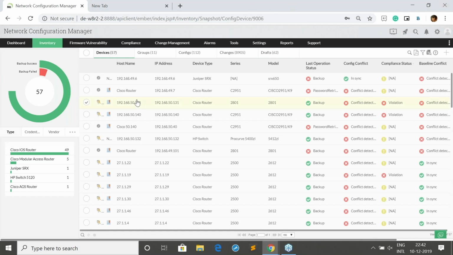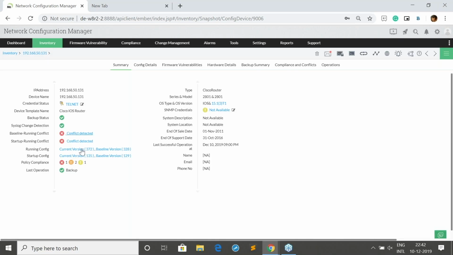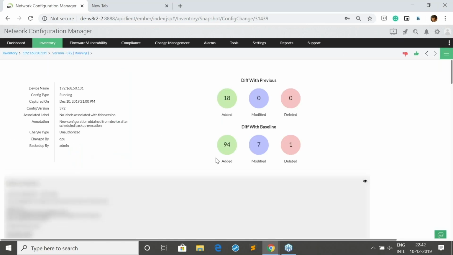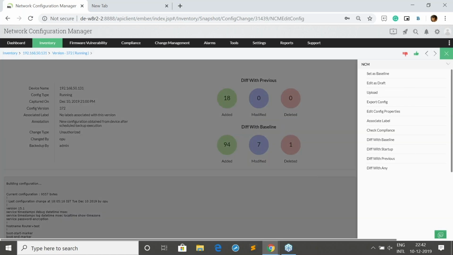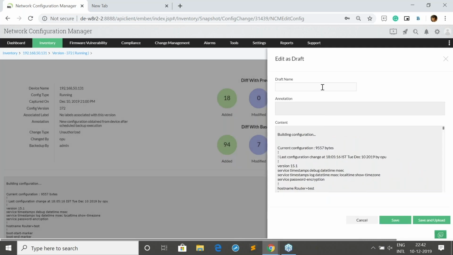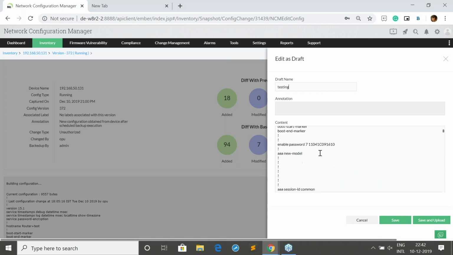Just click on the device and open the configuration version. Here you can press edit as draft. Here you provide the draft name and you can make the changes. Like if you want to change the host name of the device, you can save this and you can click